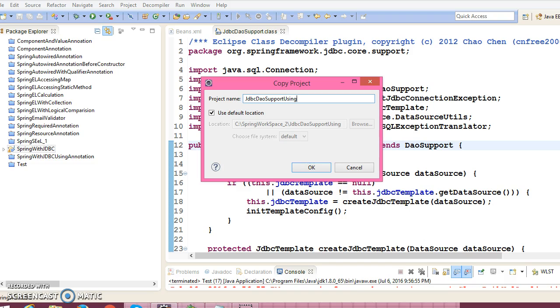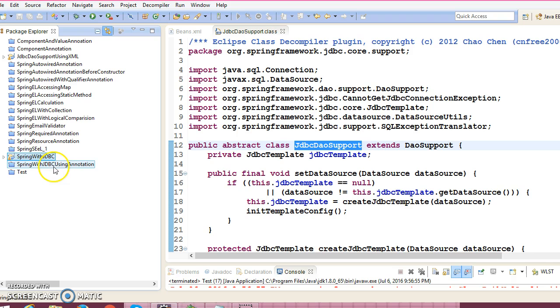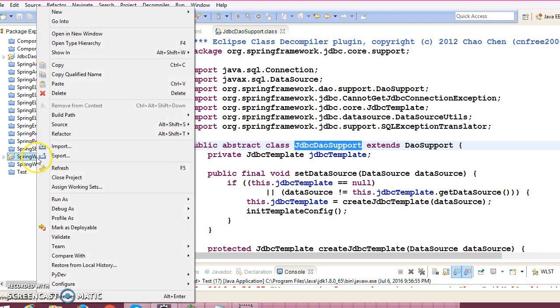So in this we are going to follow XML. Everything we are going to inject explicitly in the XML file. So now let me close the previous project,